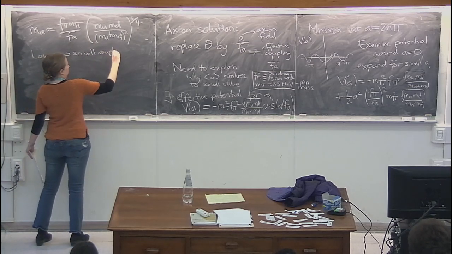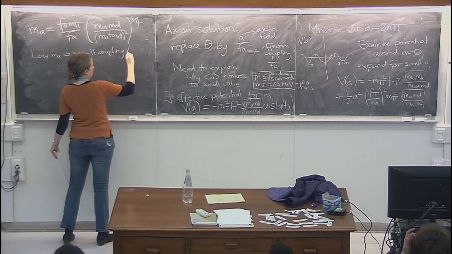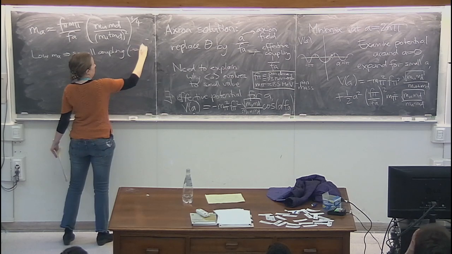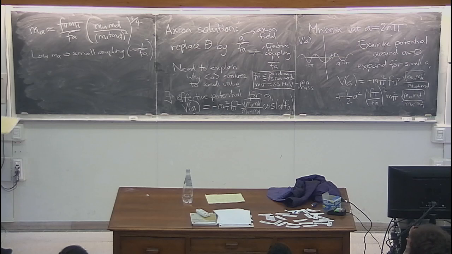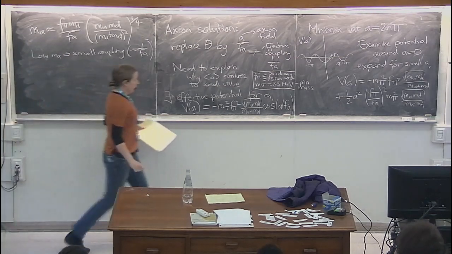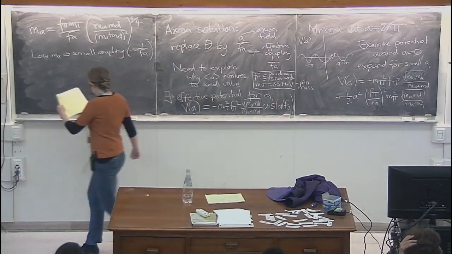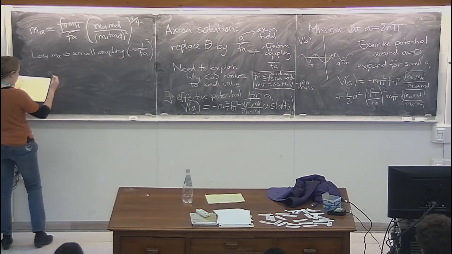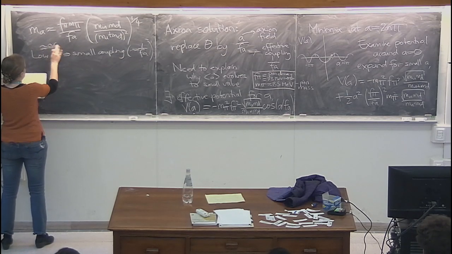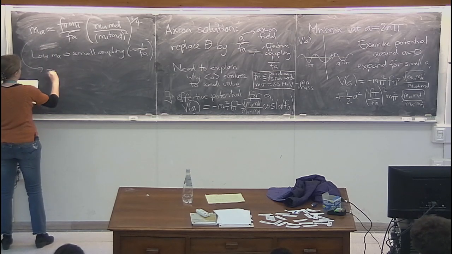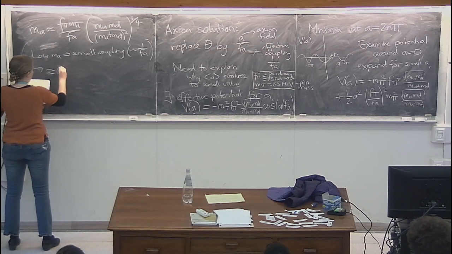So we can put in the numerical values that I just put in here. We can put in estimates for the quark masses. So this is going to be something like 0. Let's just normalize. For reasons that will become obvious in a moment, I'm going to normalize this to a pretty high scale for Fa. So if I'm talking about